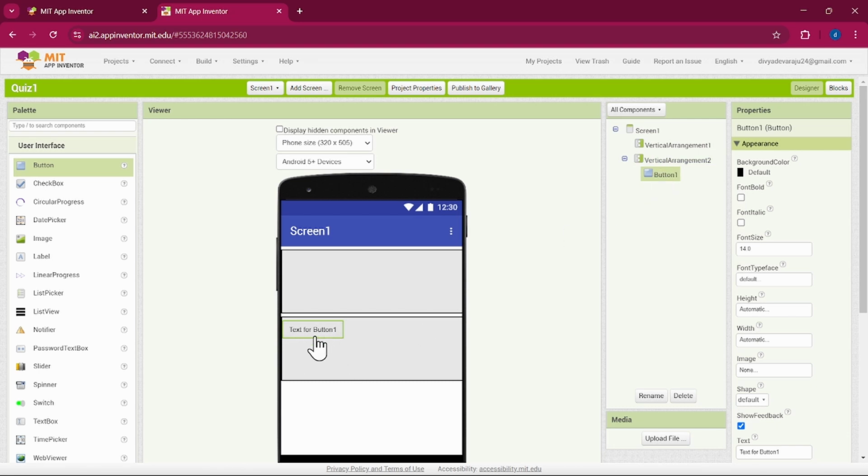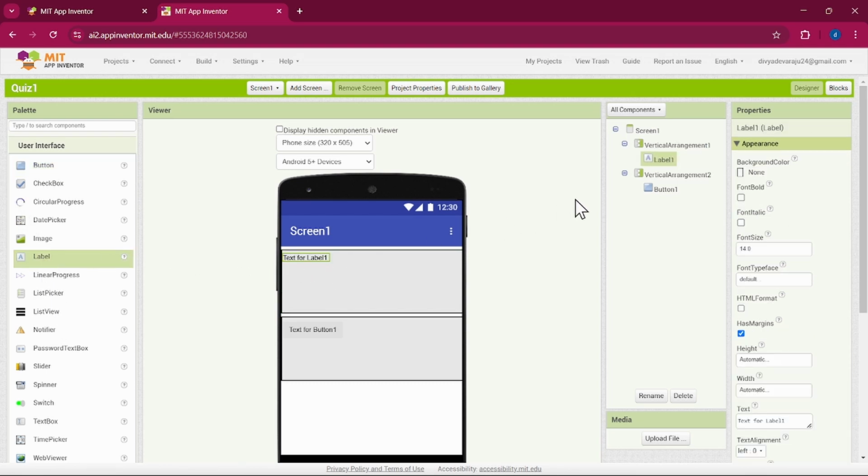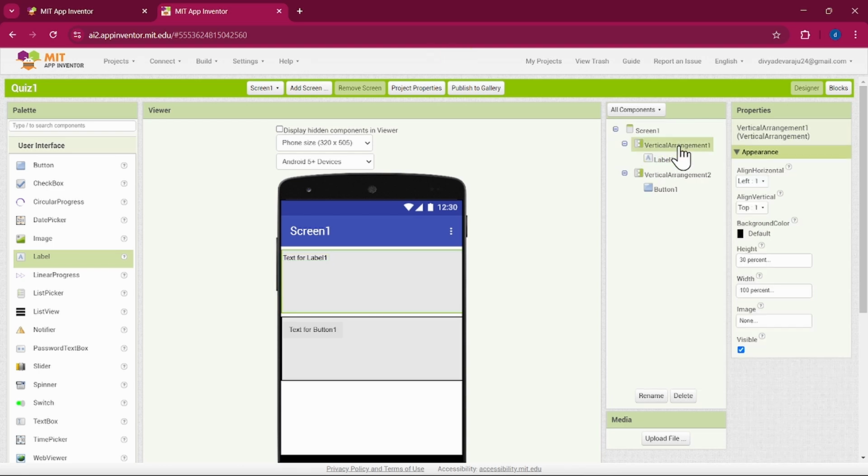You see that as soon as I add the button, the option here under the components comes in, so that you can make changes to it. And onto the vertical alignment 1, I'm going to drop in a label. So now under the vertical alignment 1, I'm going to click on the vertical alignment component here, and then I'm going to say align horizontal to center and align vertical to center. So when I do this, you see that the text over here of the label comes down to the center,